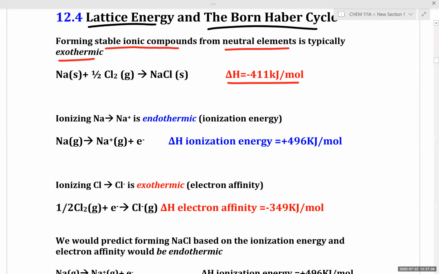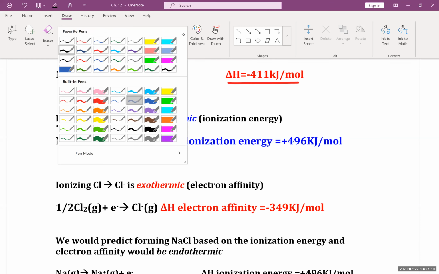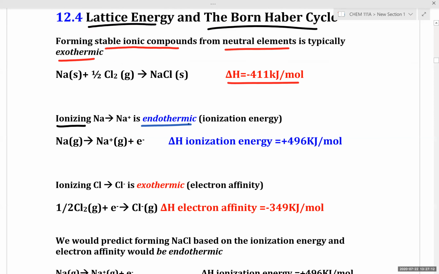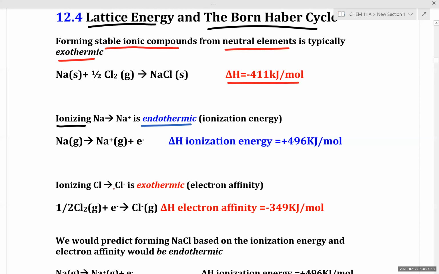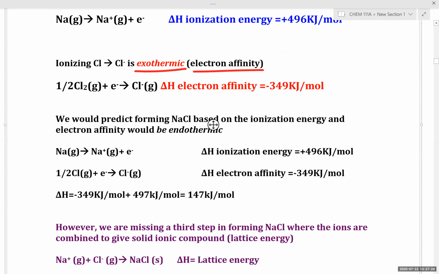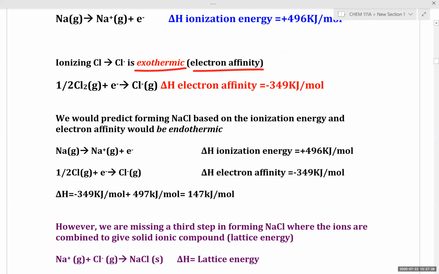Likewise, ionizing a metal to a cation, removing electrons, is endothermic. It costs energy. Ionizing a metal to form an anion is exothermic. This is known as electron affinity. Now, if we add up our ionization energy and electron affinity, we would predict that forming sodium chloride would be